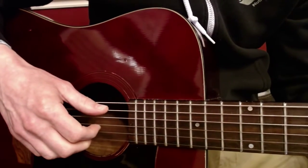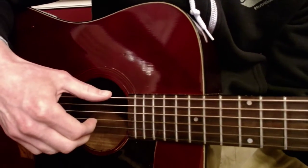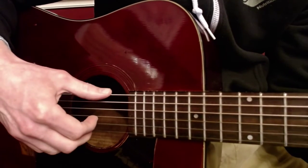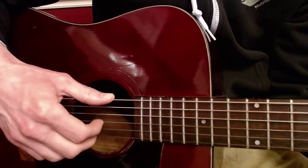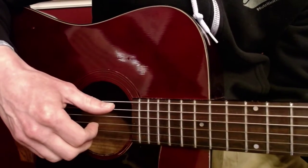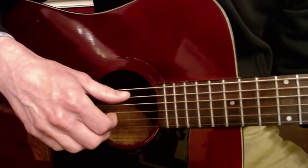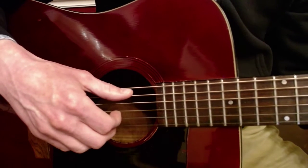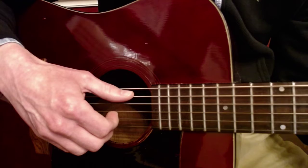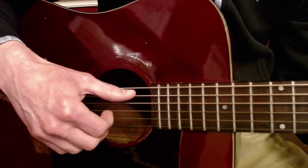So how you're strumming through this is just going to be you're plucking all of your strings for each chord, well, not all of these strings, but all the strings for each chord at the same time. We're going to have 2 sets of 8 eighth notes per chord. 1 and 2 and 3 and 4 and